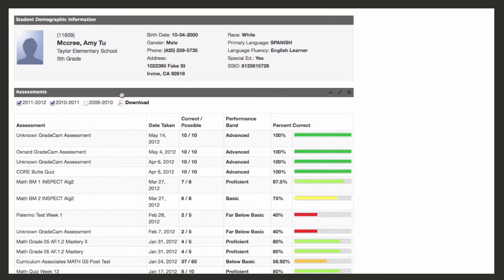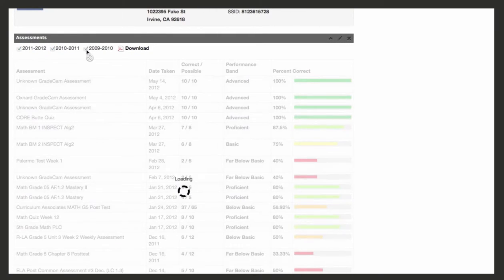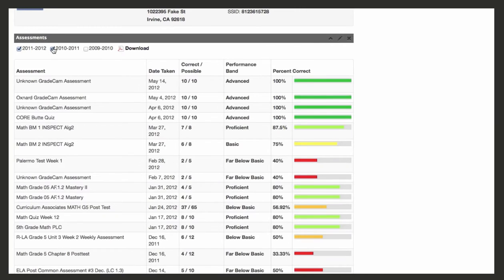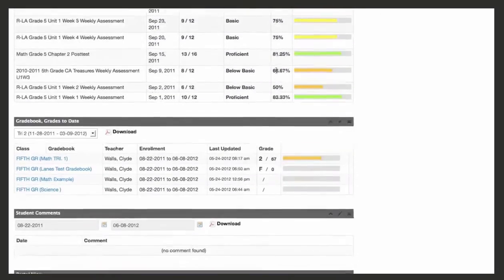And for every student, when I log in to view a student, I'm always going to see the assessment widget right there at the top. So this changes it for all students, not just this one particular student. You'll see a lot of these widgets. You can come over here and say, oh, I want to see everything from 2009, or choose a specific year. You can come down below to see some of the other widgets that we've got,